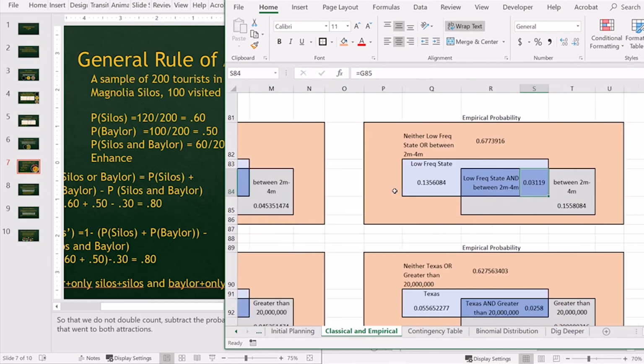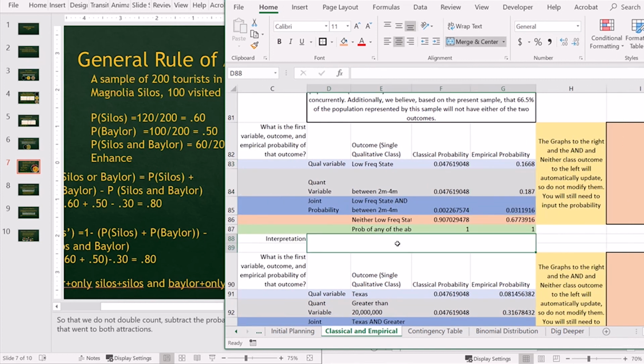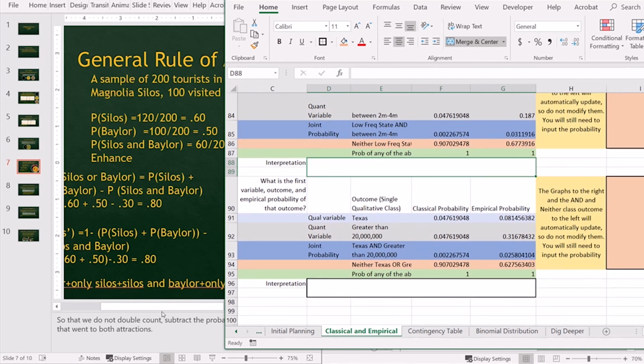But you had a really good interpretation right there that according to classical probability, the probability of it is a lot lower, but according to empirical probability, the probability of any of these outcomes is actually a lot higher, right? These outcomes right here. So in other words, the probability of being in these two is actually higher than the average. Okay, and so give me your interpretation of what it means right down there, and then you'll be solid, you'll be good to go. Okay,